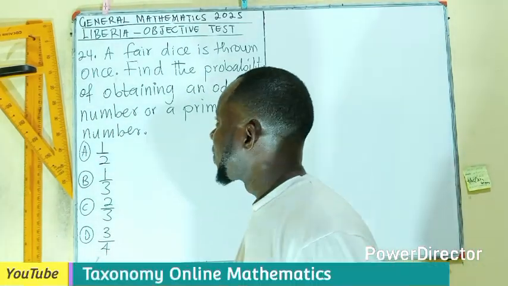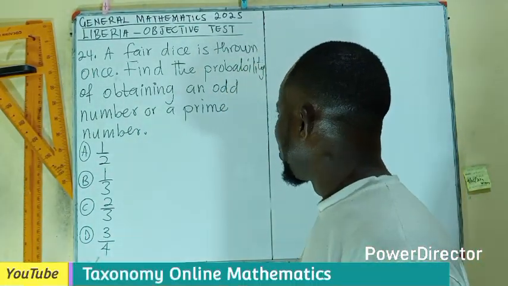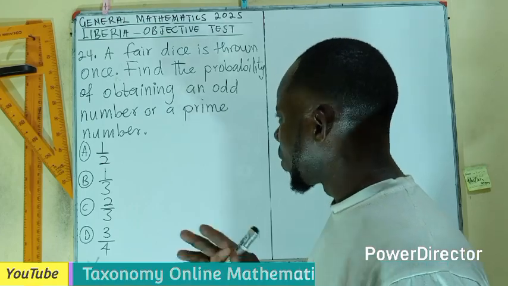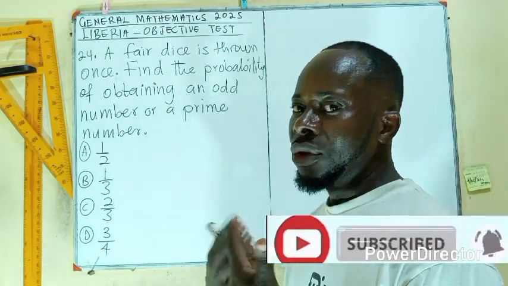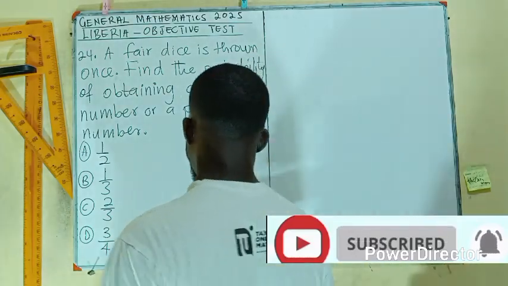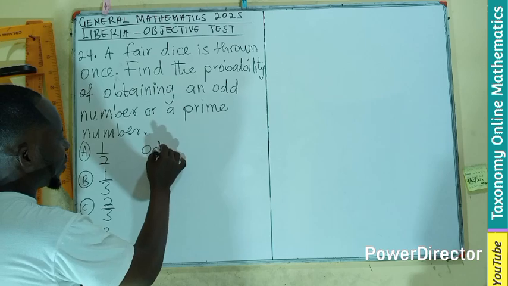A quick one on this. Question 24. A fair dice is thrown once. Find the probability of obtaining an odd number or a prime number. Or here means union. So if I can check, I can say that odd number,